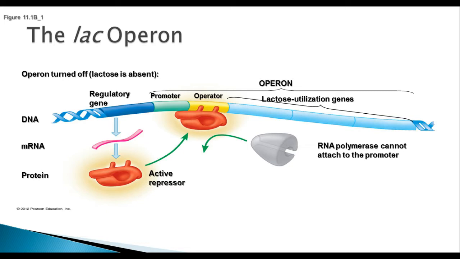Okay, and so in the case of the lac operon, it is what's called a repressible operon. It is turned off. It has a repressor attached to the operator sequence that prevents the RNA polymerase from attaching and transcribing those lactose utilization genes. It is repressed, turned off when lactose is absent. But let's say you just drank a glass of milk, and so now your E. coli has lactose available, and it's going to need to break it down because lactose is a disaccharide.